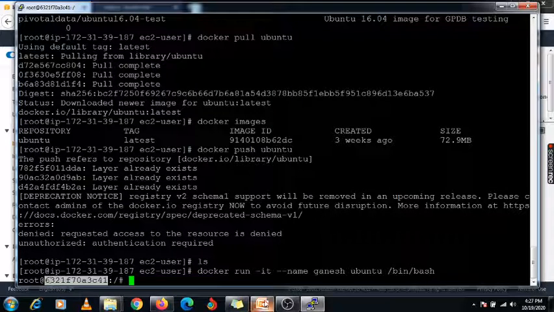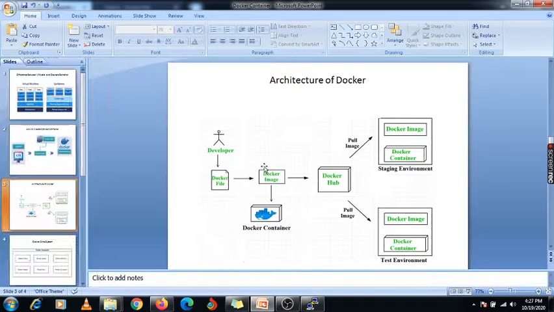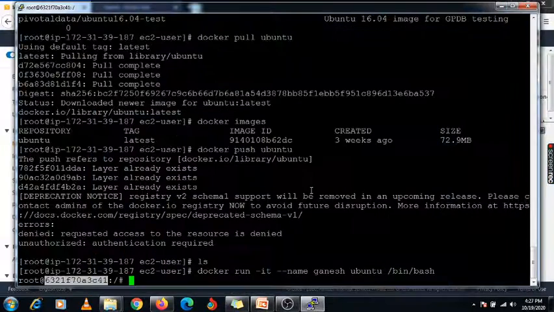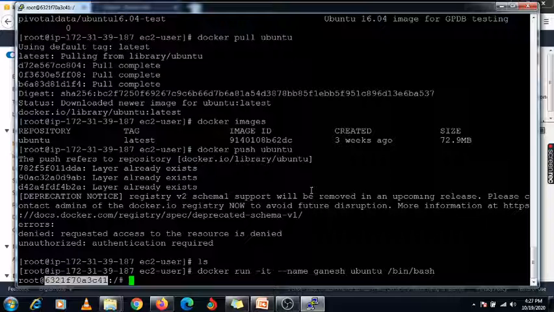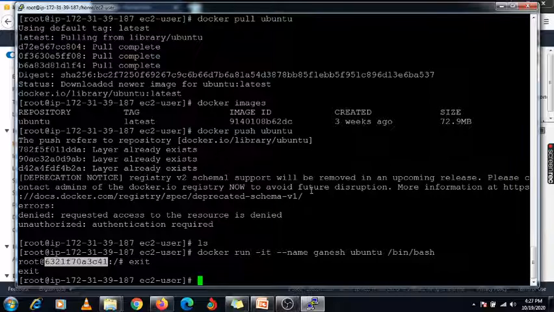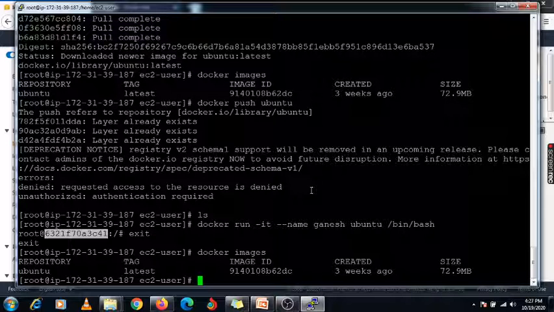Basically, in this diagram, this image is under Docker Hub, and using Docker Hub we first pulled that Docker image onto my local machine, and using this Docker image we have created one Docker container. This is the method we have followed to create one container. If you want to exit it, use exit. When you enter it, now you can check the images again. One image is now available with the Ubuntu name, and the container, how can you check the container?